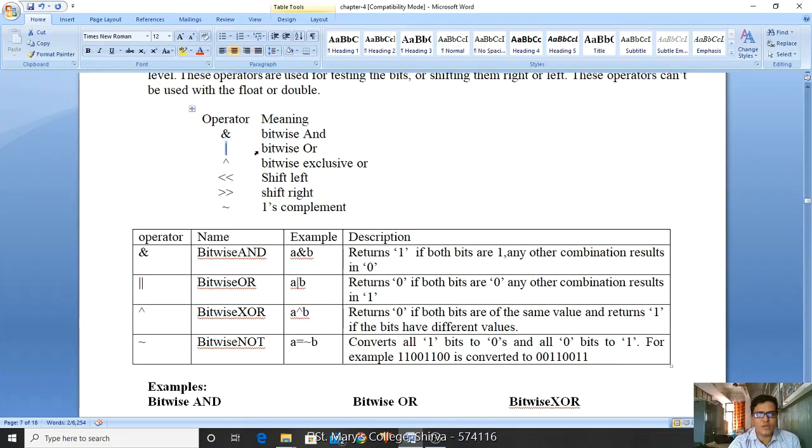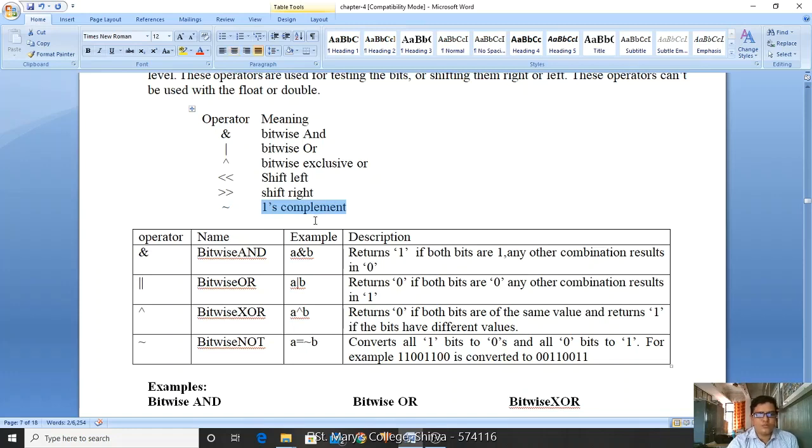A single pipe symbol is called bitwise OR. A single caret symbol is bitwise exclusive OR, XOR. A double less than symbol is called shift left. A double greater than symbol is called right shift. The tilde operator is called ones complement.